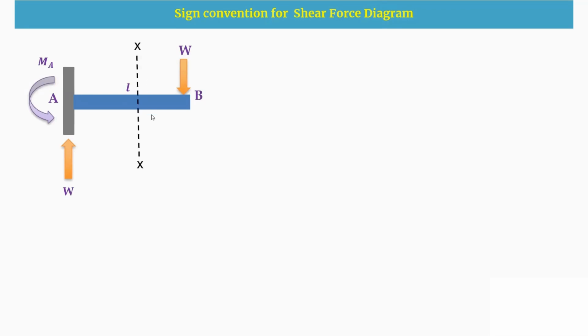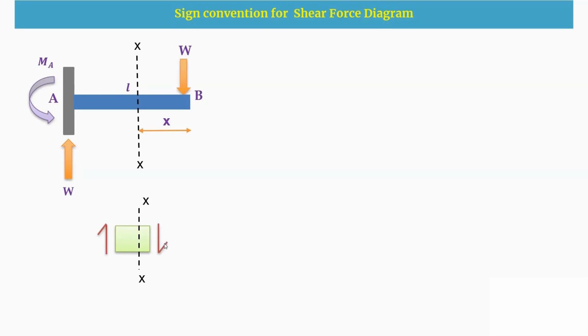And now we are taking a section XX from the free end, which is at a distance of X. Now, if you just consider a small segment here in this section, so this is a segment. So for this segment, when we cut a section at this portion, I have taken a small element here. When we cut a section, towards your left hand side, if you're having an upward arrow, and towards your